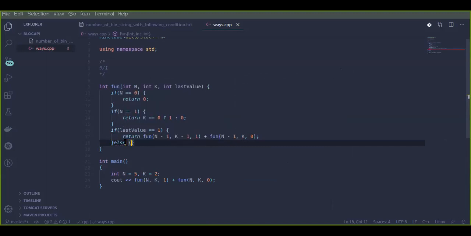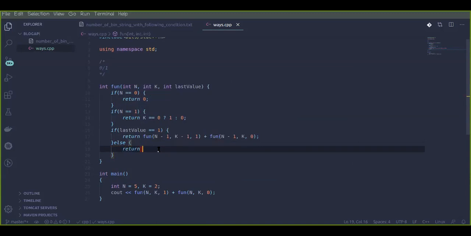And in the else part we can write the same logic, but as I have already told you, if the last value is 0, then it will not give me any particular answer. Instead we will simply copy this thing and paste it right here. So this plus this, isn't it, whether the value could be 1 or 0, it will not give me any result. So yeah, this is the solution basically.